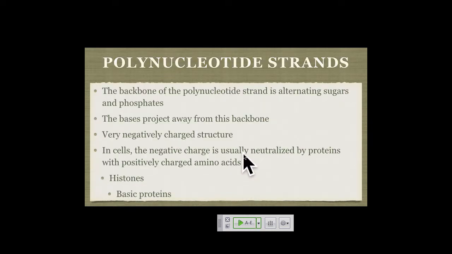Okay. So now we want to look a little more carefully at the double-stranded structure. A very important point is that there is a polarity. These DNA strands are in an anti-parallel orientation, and there will be a number of you who are going to come into my office after the exam and be all frustrated because you didn't remember that.